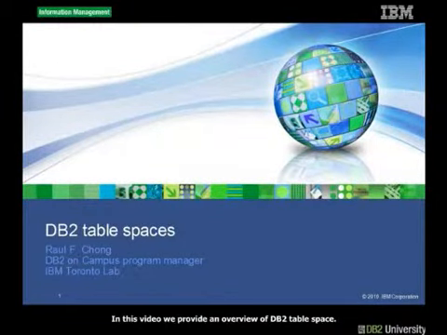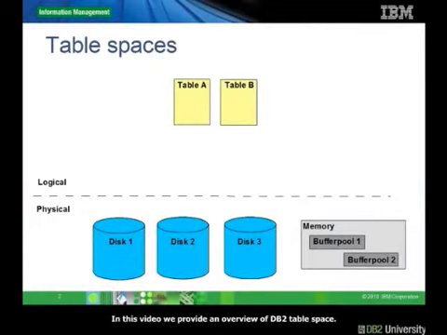In this video, we provide an overview of DB2 table space. Let's use this chart to explain what table spaces are. In the chart, you have physical resources below the dashed line, such as disk and memory. Above the dashed line, you have logical objects such as tables,